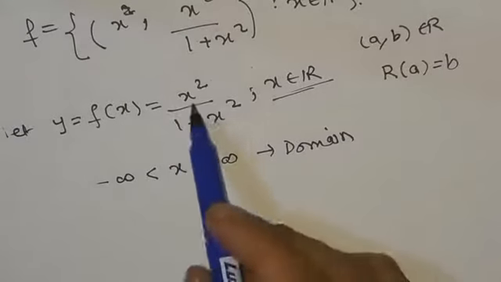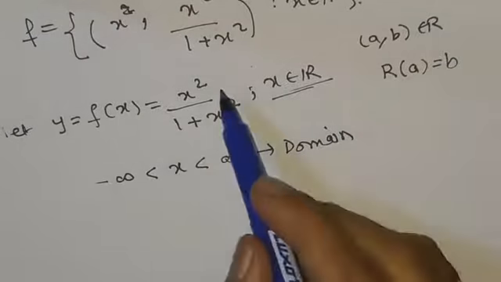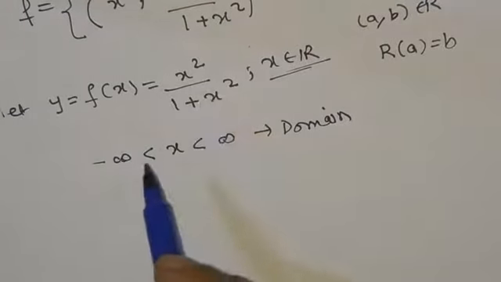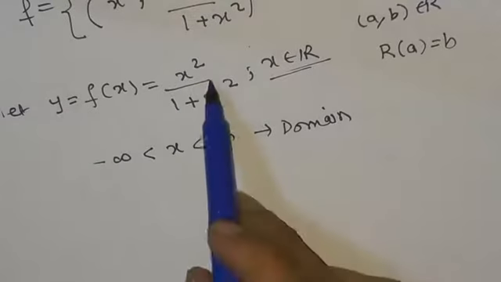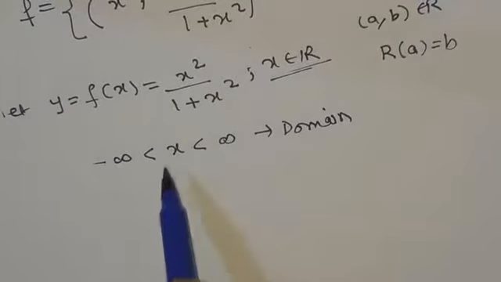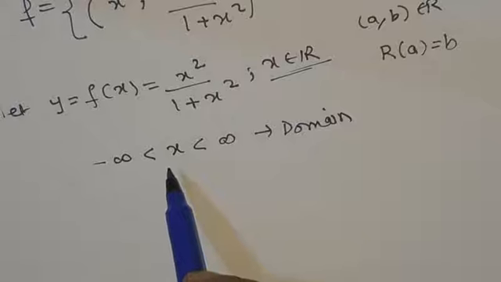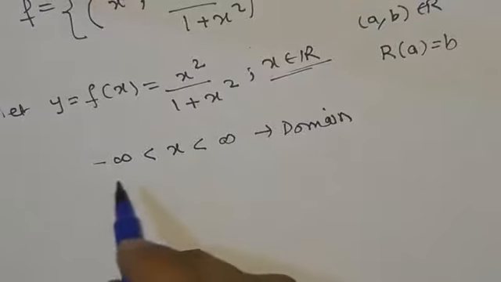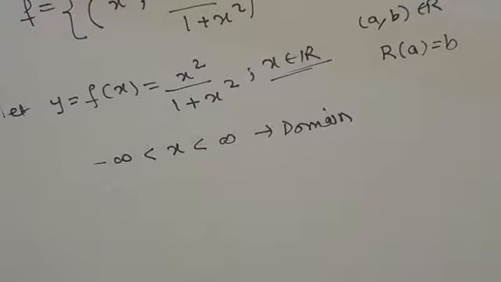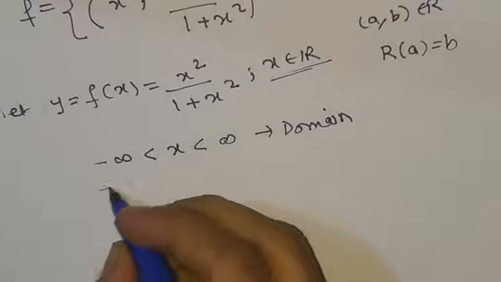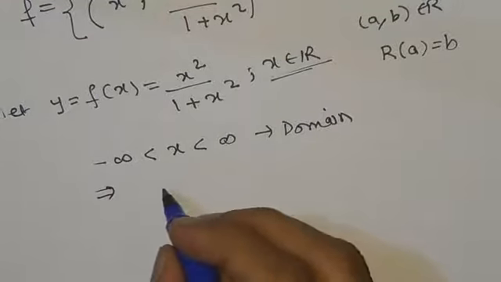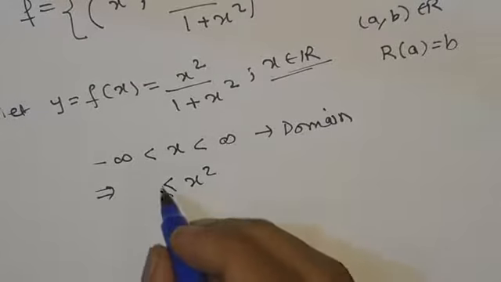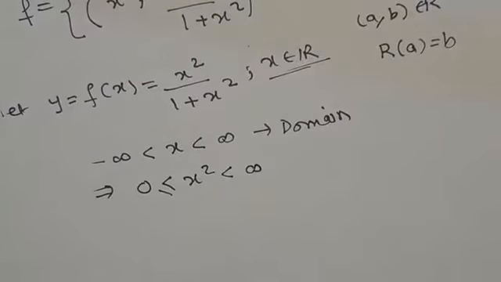Now since y is equal to x² divided by 1 plus x², we have to get this in the inequality, right? So in the inequality we have to get x² divided by 1 plus x². Now that contains x², right? So we have to see where x² lies between. So these are all the real numbers that you have. If you square all the real numbers, then you will get non-negative numbers. So that means minus infinity less than x less than infinity, if you take the square of x here, you will get x² greater than or equal to 0, less than infinity, right?